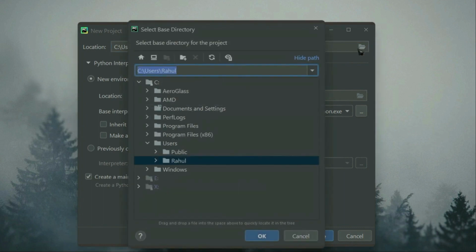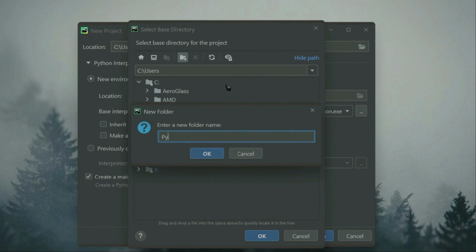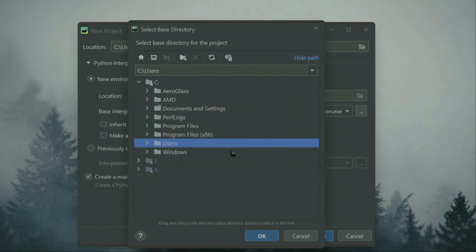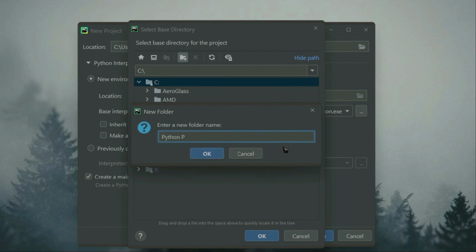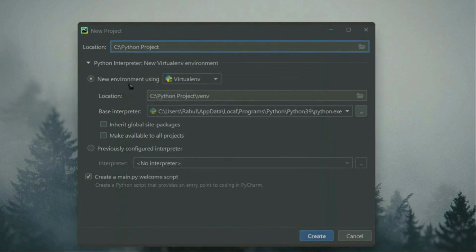For now, let's save that somewhere, like let's create a new folder. You can create a new folder using this icon. It will be directly under the C drive. So let's create, and then Python project, and hit enter. Could not create hidden. Okay, I was selecting this users, that's why I cannot create the file. So now we have the Python project folder, you can see, then hit OK,